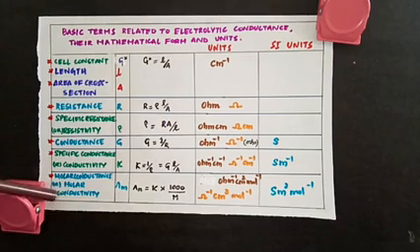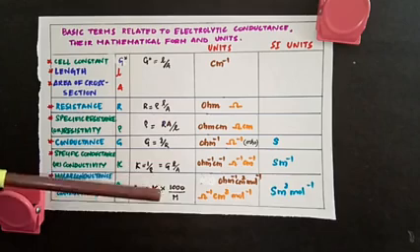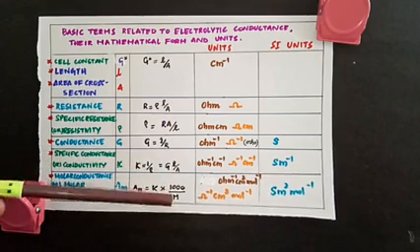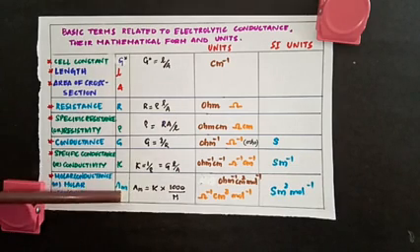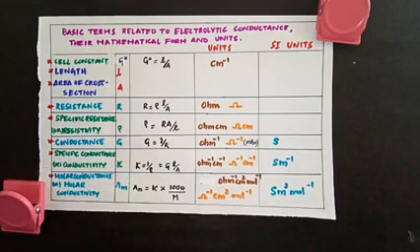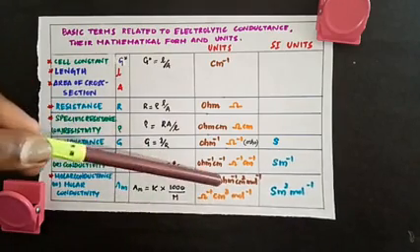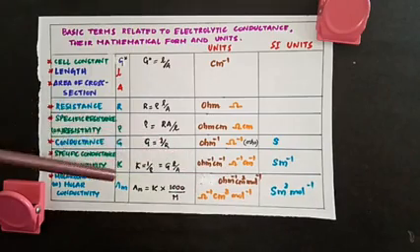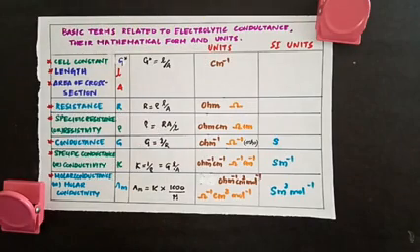And the last term is molar conductance or molar conductivity, represented as del M. So del M is equal to kappa into 1000 by concentration. This concentration is molarity. When you express the concentration of the solution in molarity, the formula to calculate molar conductance is kappa into 1000 by M. The unit for molar conductance is ohm inverse centimeter square mole inverse. Same way, for kappa it is ohm inverse centimeter inverse, and in SI units it is Siemens meter inverse.